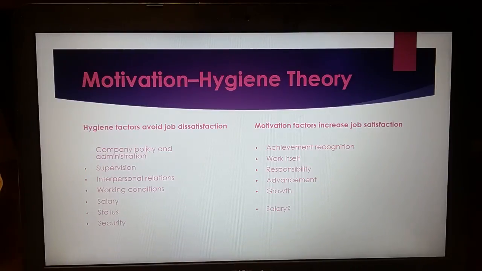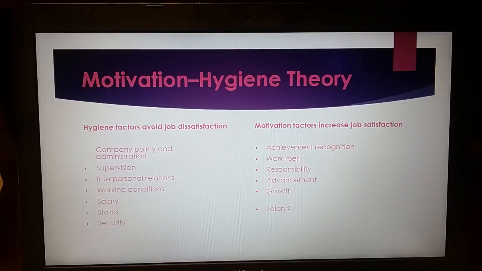So achievement and recognition, which goes back to that esteem issue. The work itself, which is the idea of the process, that you really enjoy doing the job that you do. A level of responsibility, opportunity for advancement and growth. Now, salary, I have a question mark next to salary, because